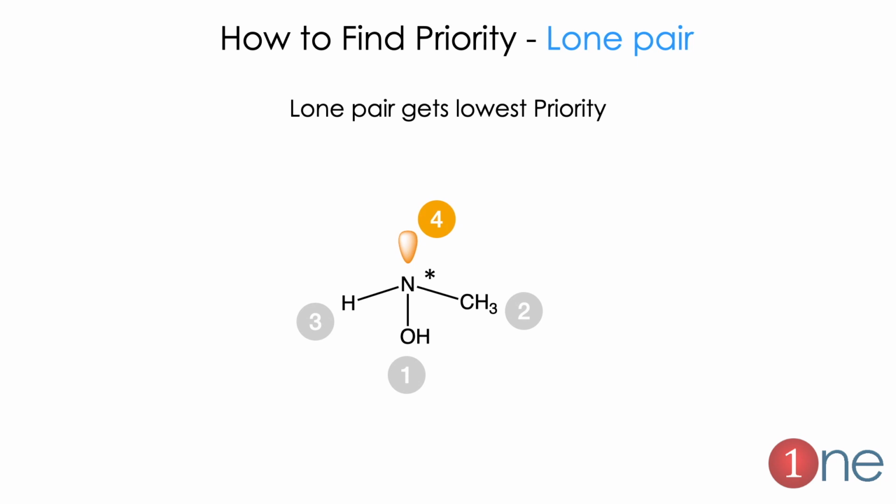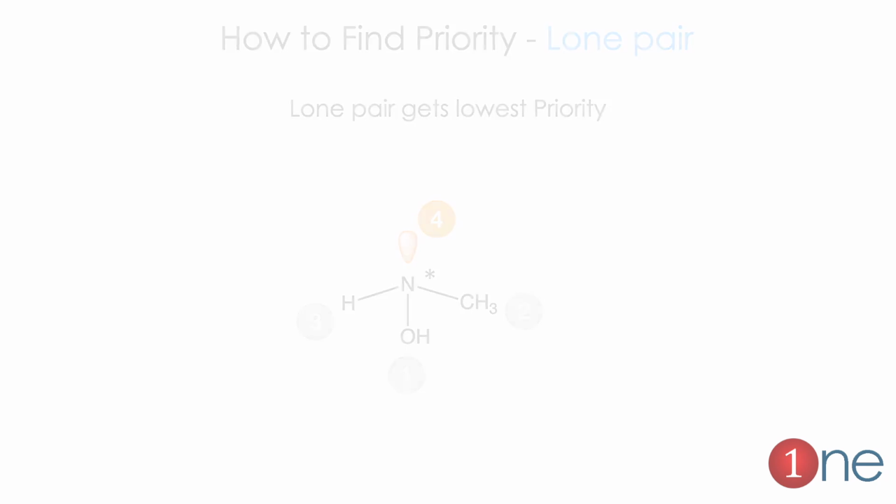Then what do you do if you have a lone pair? Here the chiral atom is nitrogen, which is attached with 1 methyl, 1 alcoholic group, hydrogen, and 1 lone pair. It is a very rare case, particularly seen in nitrogen compounds. It should get lower priority as per our rules. So even though hydrogen is there, the lone pair has the lowest priority and hydrogen has the last-but-one priority. So you should know the lone pair always gets the lowest priority.